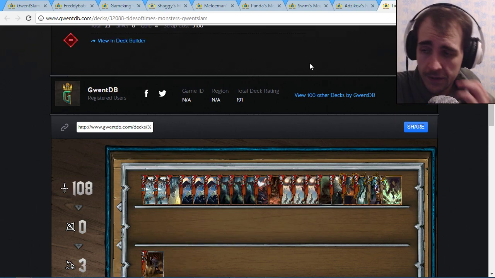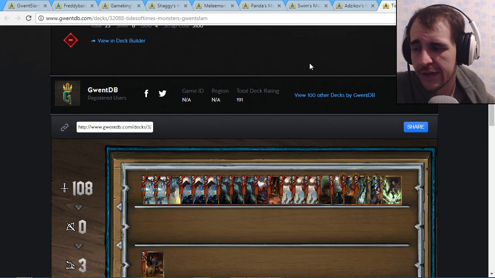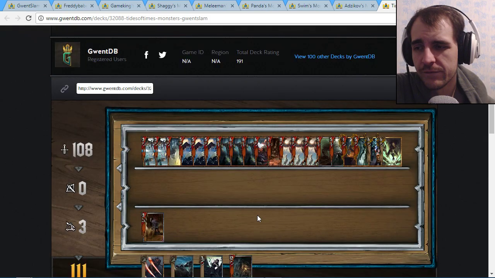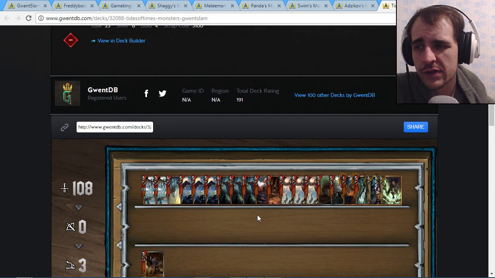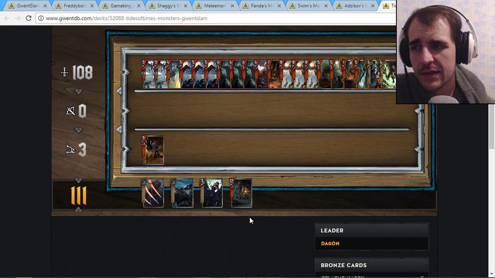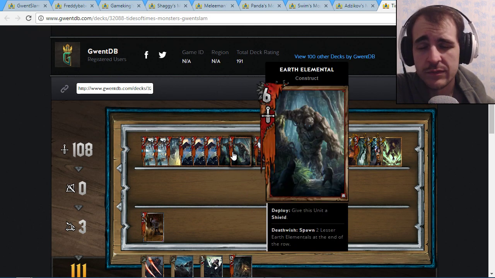And Tides of Time actually went for a completely different deck. It was just like a previous meta deck with Earth Elemental. From what I know, I'm not really sure that he prepared as much for the tourney as others. Apparently he got freed by Shaggy. I didn't see the matchup. But this is like a previous meta deck with Earth Elementals. I guess that's fair enough, but I think if you're running that, why not just run the